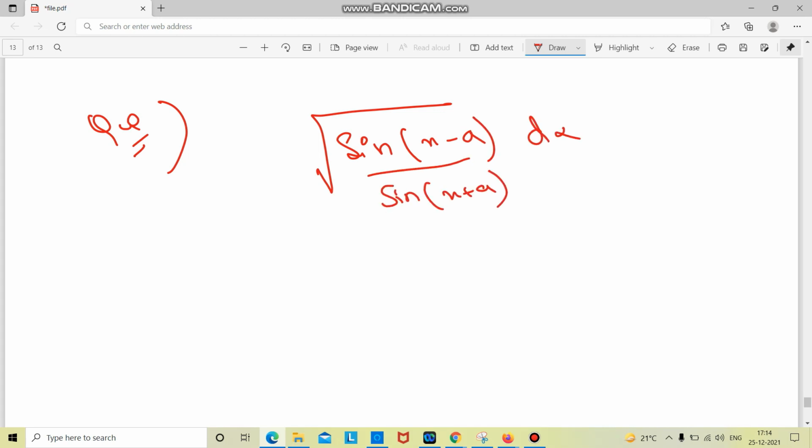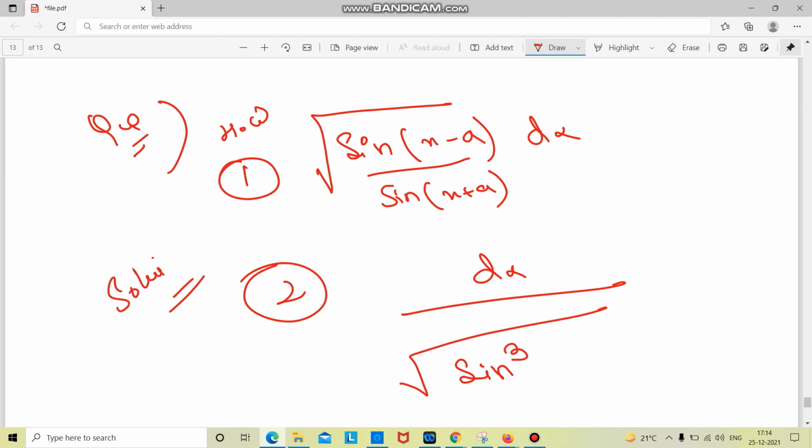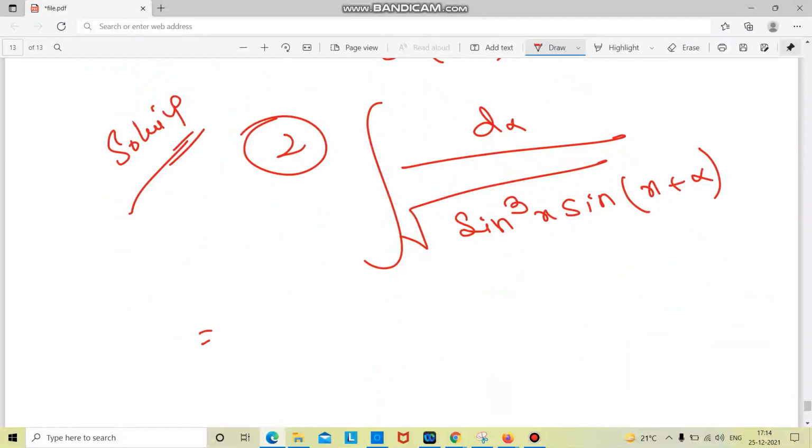We will take one more question. Let me give you one more question for homework. You will do this: sin x minus a by sin x plus a. You have to integrate it. And the same, we will solve this one. This is homework. I will be solving this one. Both look the same, but they have different concepts for solving them. This is our question, which we have to integrate. It is a very good question.